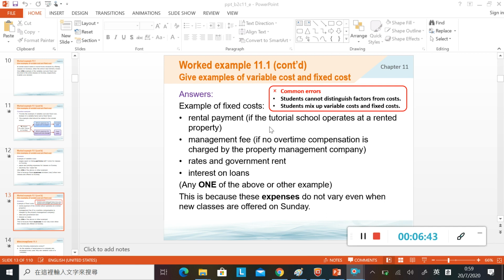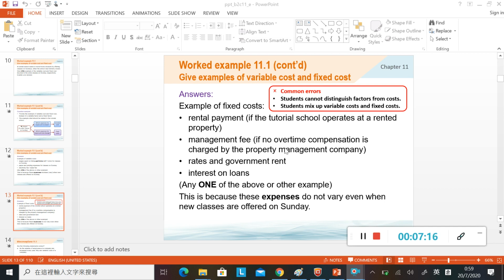So for the rental payment, it would not change with the output, okay, so it is the fixed cost. 你唔會開多間學校，或者租多個鋪位，你純粹就係喺你原本嗰個地方開班。所以呢個就係 fixed cost，唔會變。